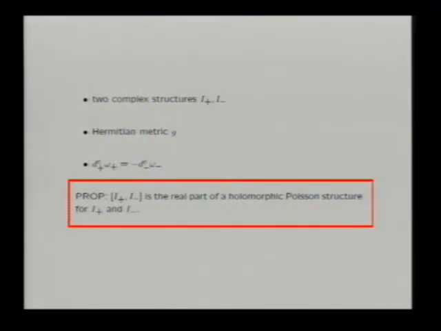So holomorphic Poisson geometry is fundamental to the study of these generalized Kähler manifolds. And so one of the problems is